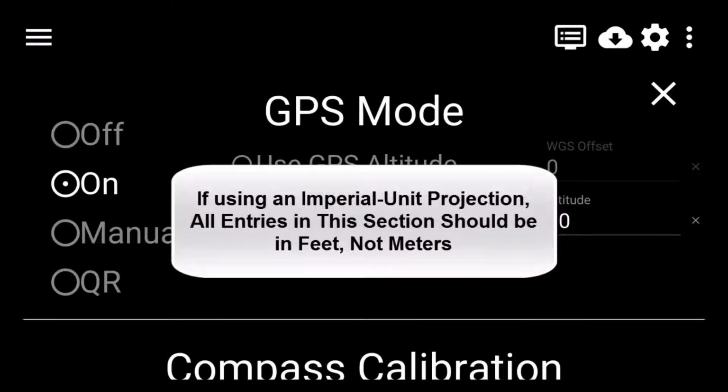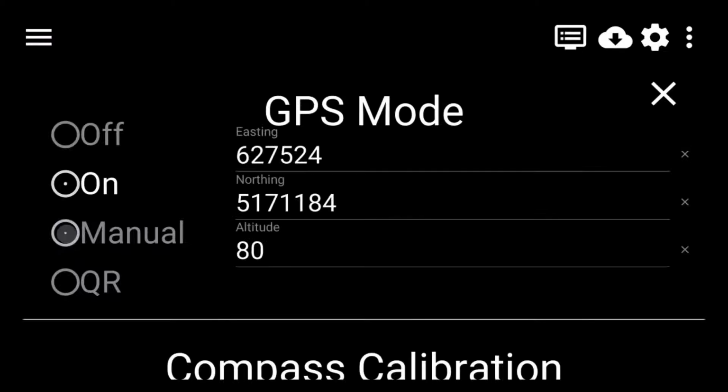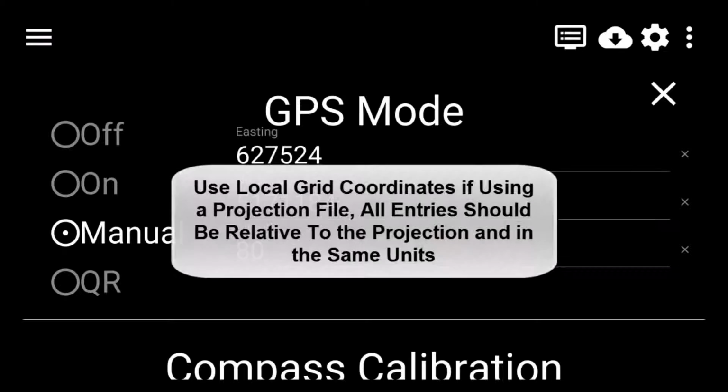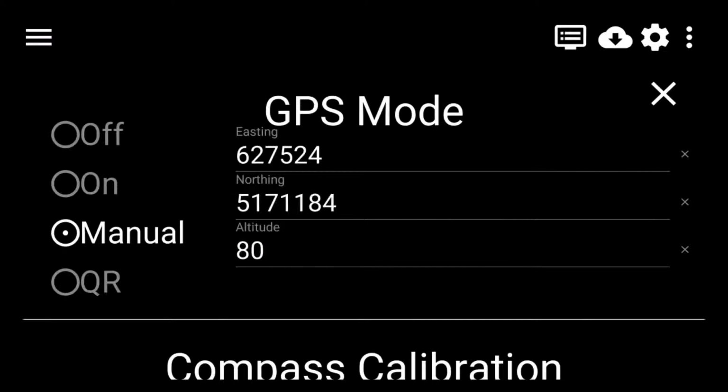The next option in here is to do a manual coordinate entry. So this is really simple. If you know where you are, you would just key in coordinate values here. And this is useful if you're going to be someplace where GPS is sparse. Maybe you're in a really deep open pit or something like that, or you're underground and you just don't have good GPS coverage, but you know where you are based on a survey point or something like that. You can type in those values and it's going to put you right there.